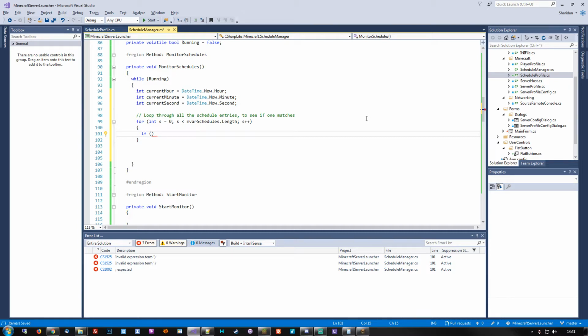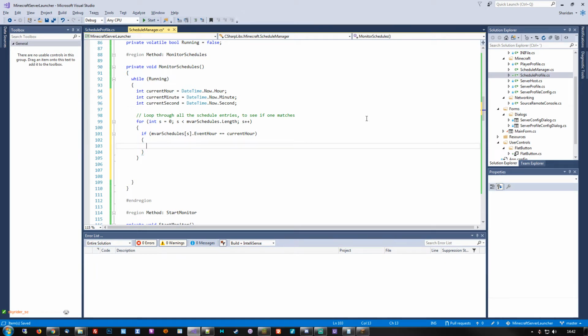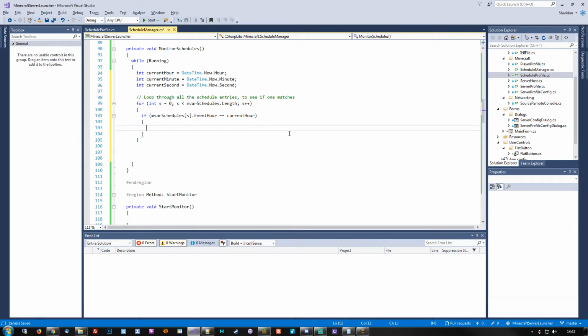All right, so we kind of need to see if this particular schedule matches the current hour. If it does, then we can check further in. Some would say, why not just match all of them? Well, it's a question of